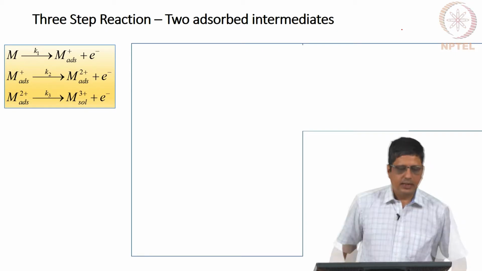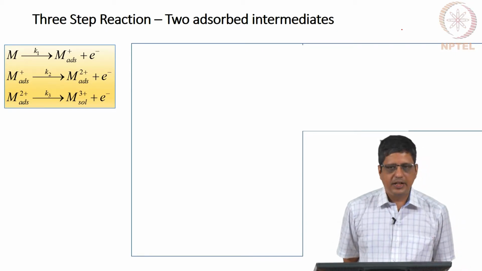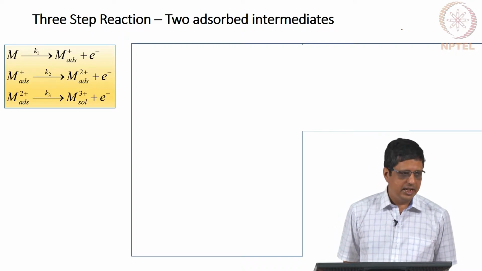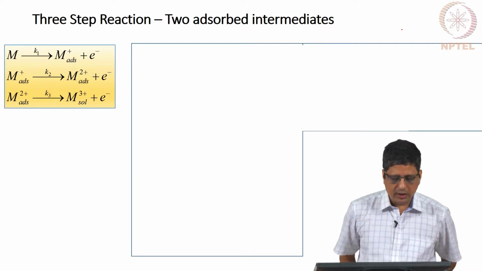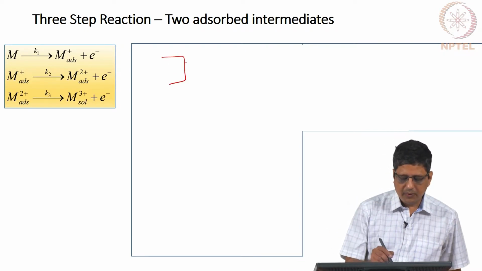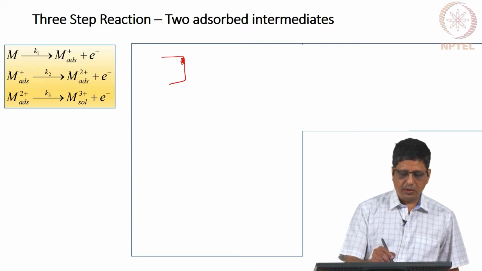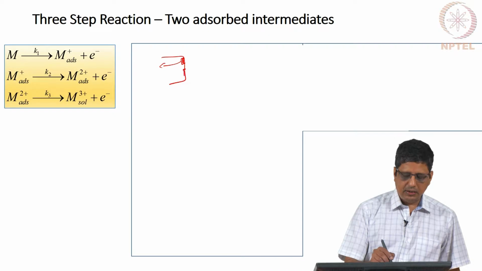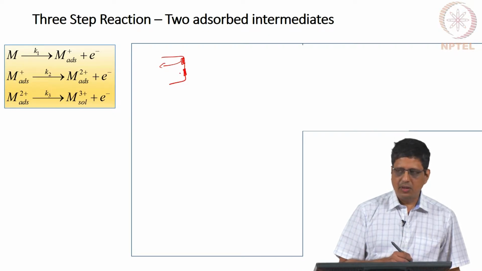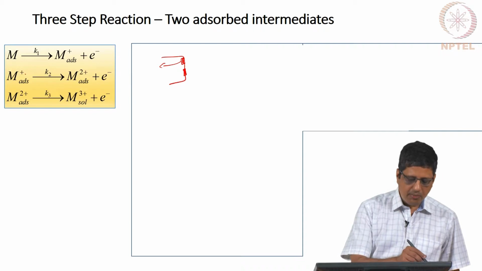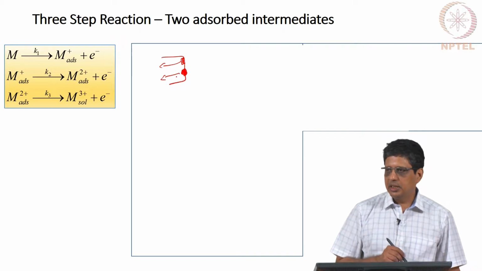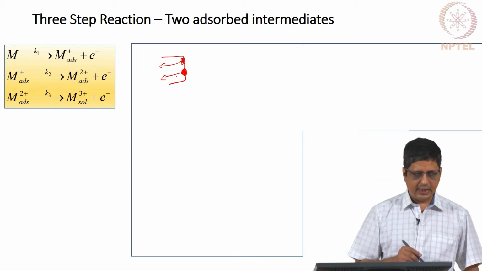Now, I want to go to the next example where you have the following reaction: metal goes into metal 3 plus in solution via 2 intermediates. First it loses 1 electron. So, we have a metal, it loses 1 electron, it becomes M adsorbed. The electron goes in, but it still has not gone into solution. This site also loses an electron, becomes M adsorbed. Then one of the M adsorbed loses another electron and becomes a different species, called M2 adsorbed, that is the second step.